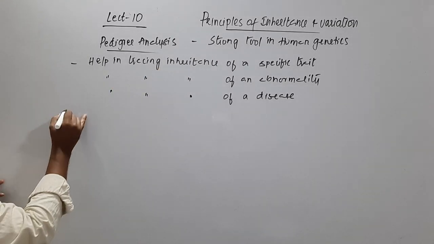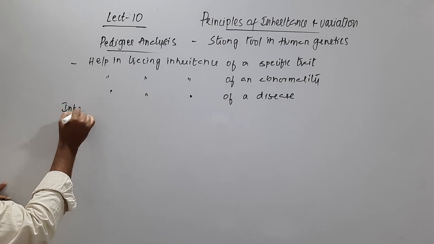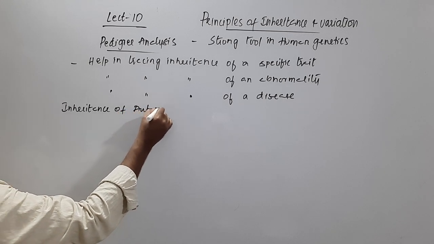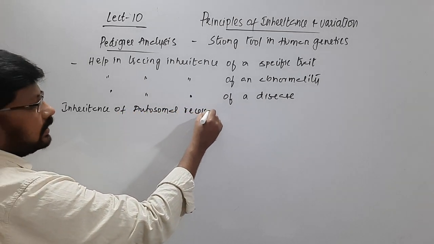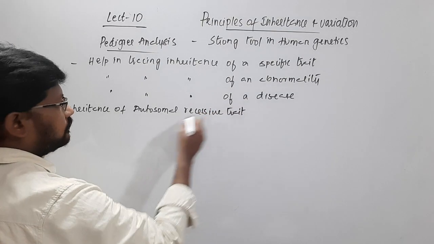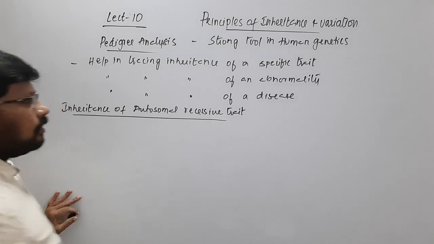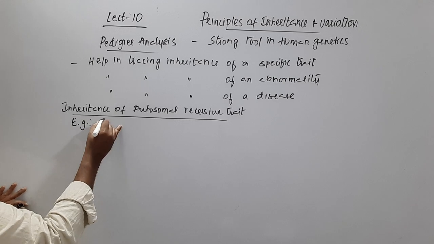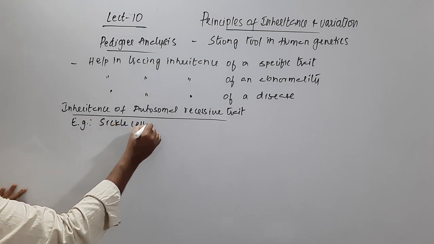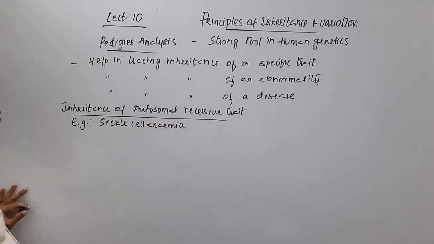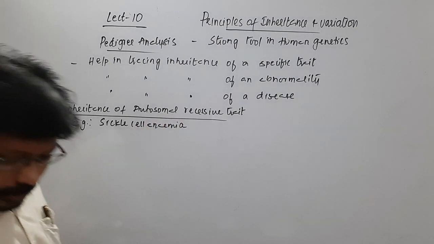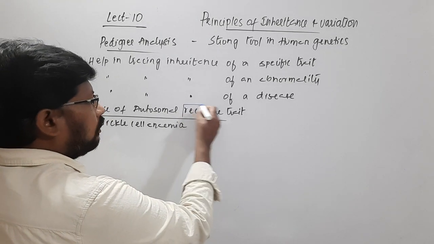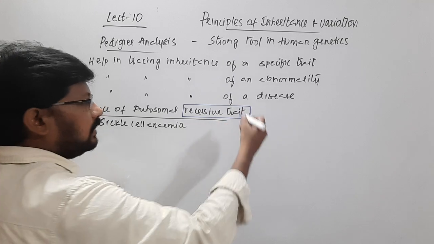Now let's see the inheritance of an autosomal recessive trait. I'll take an example for this: sickle cell anemia. Here, recessive traits